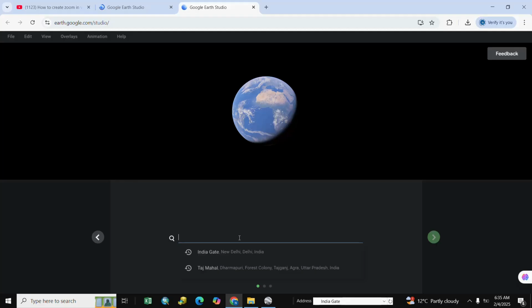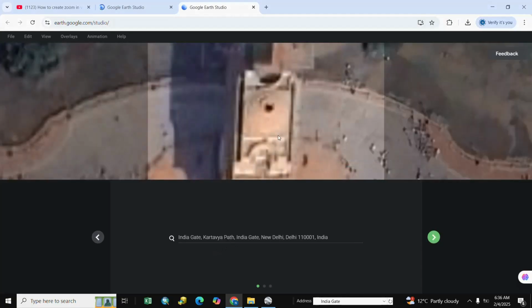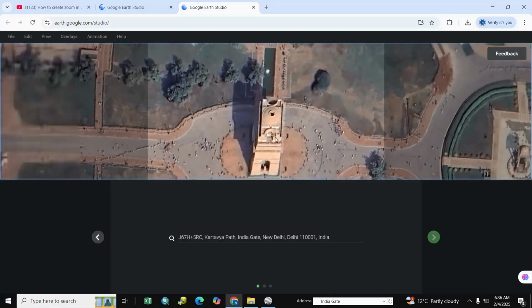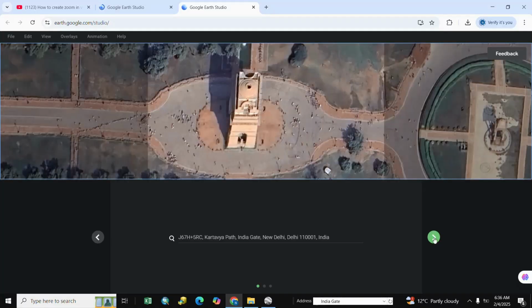If you want to zoom, we write India Gate here. Here is India Gate, we select it and zoom it, and we go to next.